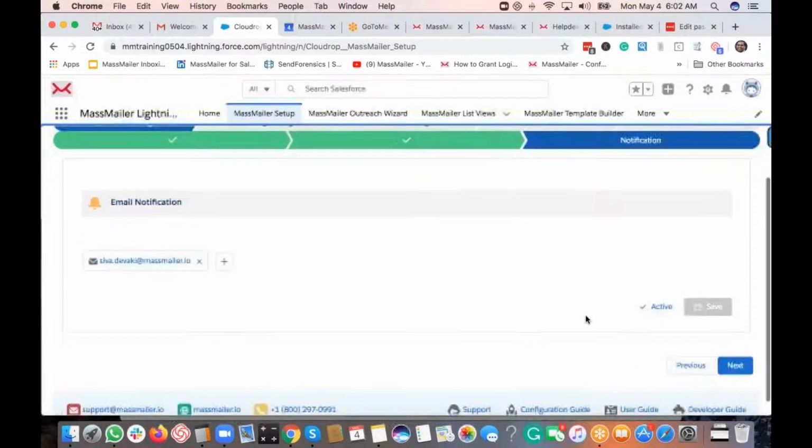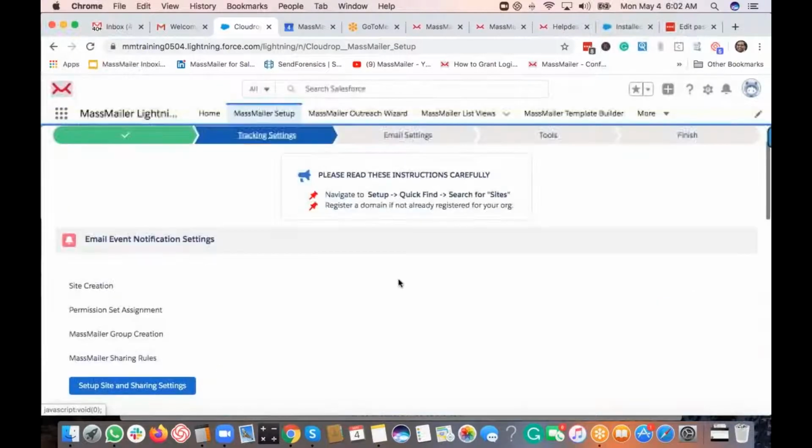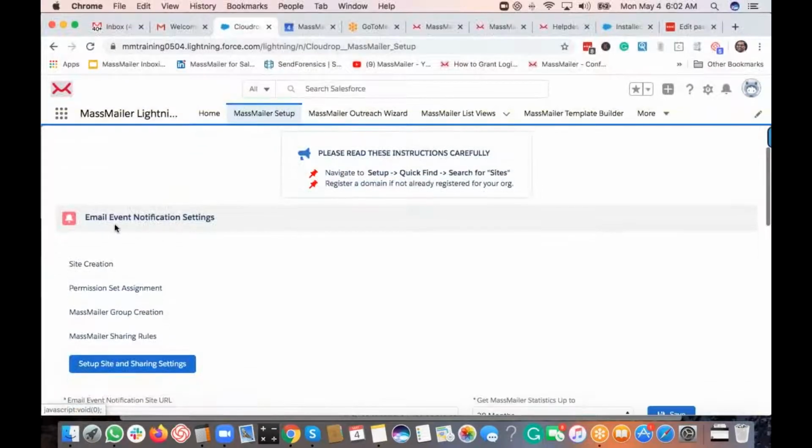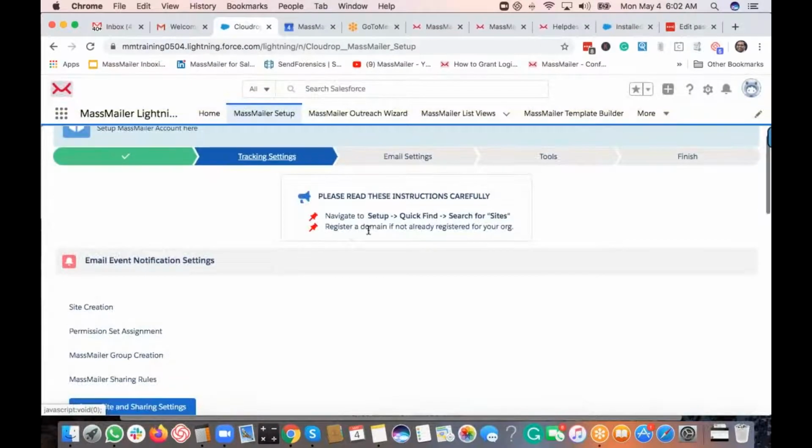So once you're done with the notification, you would go to the next step, in which we have something called tracking settings, where you're actually going to set up the email event notification settings to start with, for which the first step is you will have to set up the site. So that's the very first step that you do. So make sure that you register a domain if it is not done. I'll demonstrate what it means. But the reason why we do it is